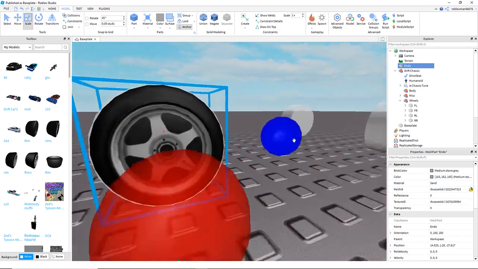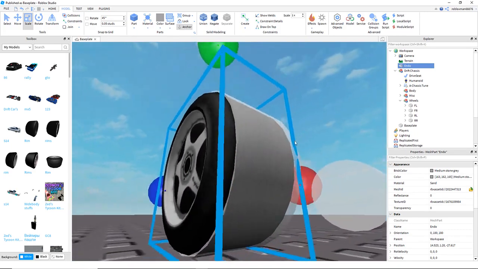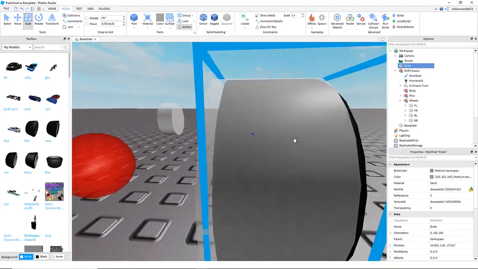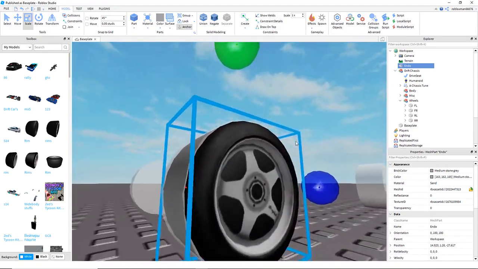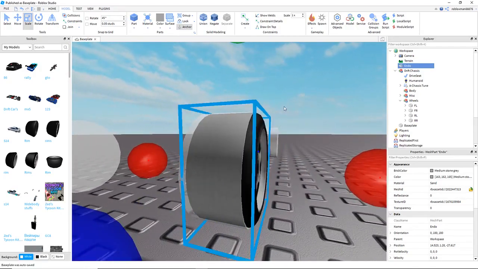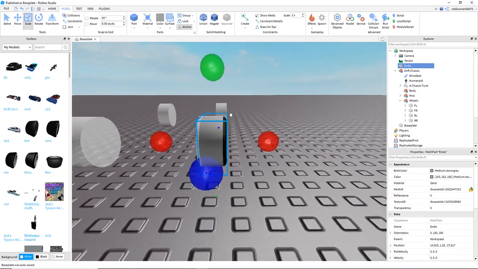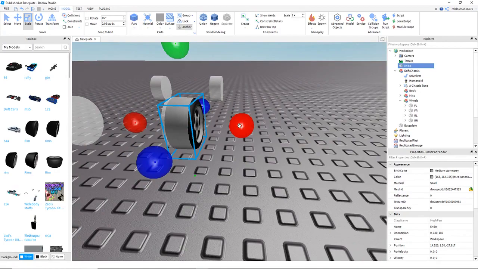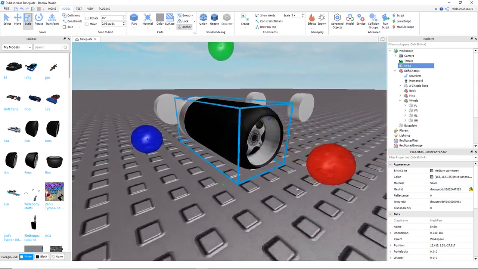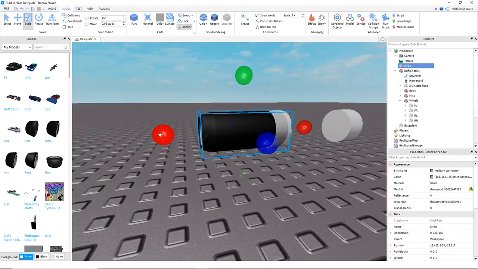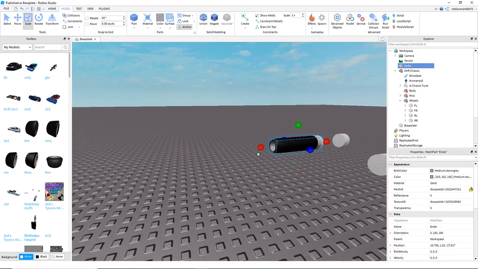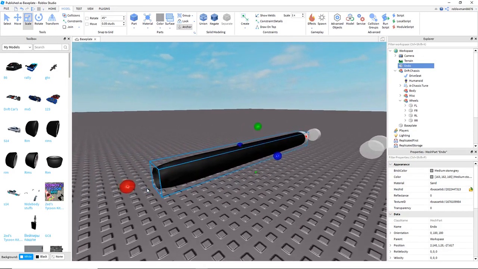Make it so that there's a thin layer of the actual wheel hanging out like this. Now, if you don't hold shift and you just try to move it normally, that'll happen. And you could use it like that, if you need some major style points, but